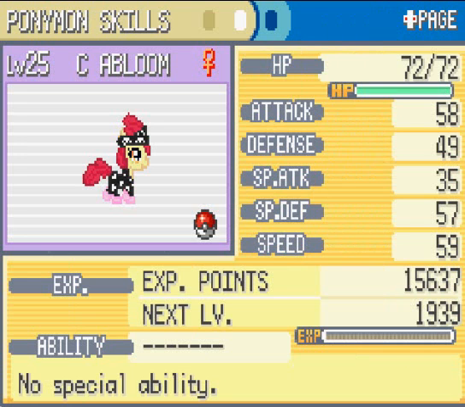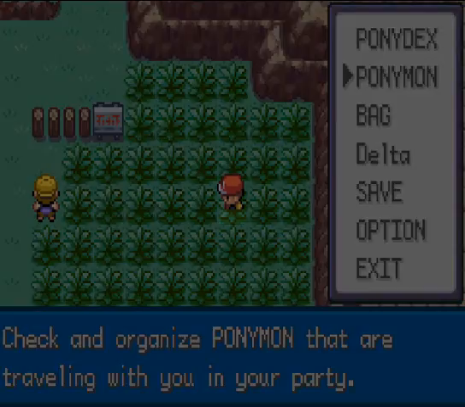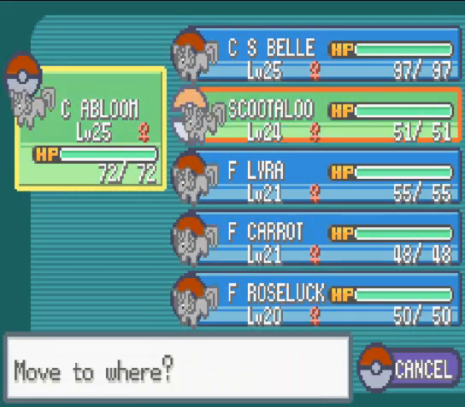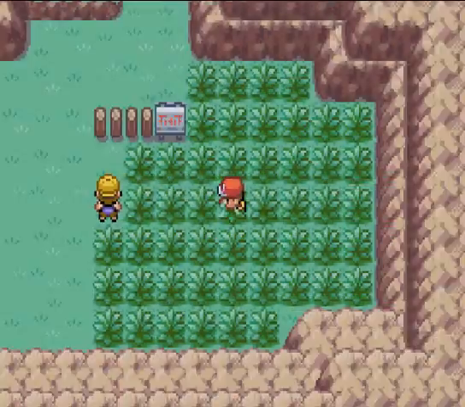So, now we're going to move on to Scootaloo. It's weird, though, because my special attack on this one is far, far lower than anything else. Special attack's 35, and the next lowest stat is 49. Yeah, and like we said earlier, it all depends on the nature you have for your pony. So, Scootaloo